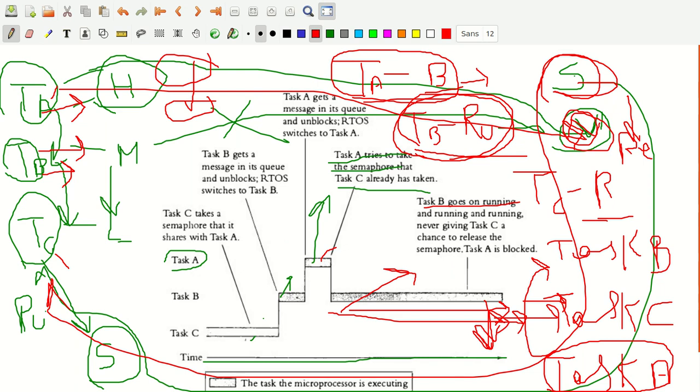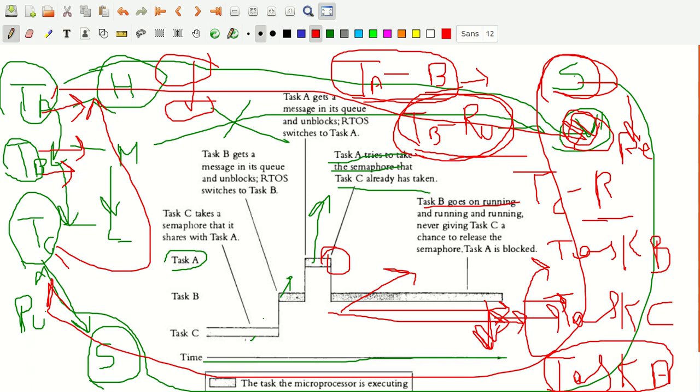Of course, RTOS has some other techniques, what we call priority inheritance. Priority inheritance means that whenever task C holds the semaphore, RTOS comes to know that task A tries to have an access towards the shared variable and wants to take the semaphore S, but the semaphore S is held by task C. So what the RTOS does is that task C is raised to the highest priority. That is beyond the scope of our syllabus, not required for us. When task C is raised to high priority, then task C completes.